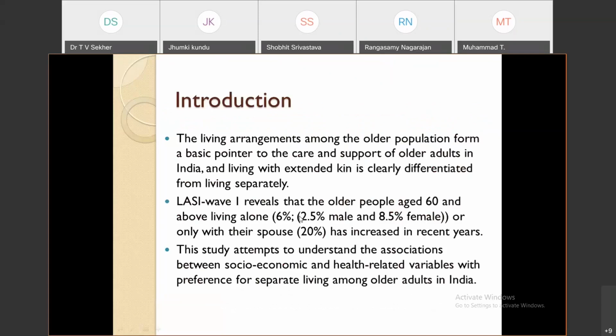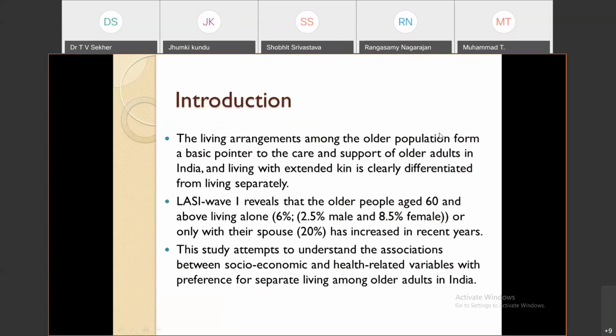So coming to the introduction of this topic, as we all know, the living arrangements among the older population form a basic pointer to the care and support of older adults in India. Living with extended kin is clearly differentiated from living separately. It is also shown in the LASI Wave 1, which is recently released, that reveals that the older people